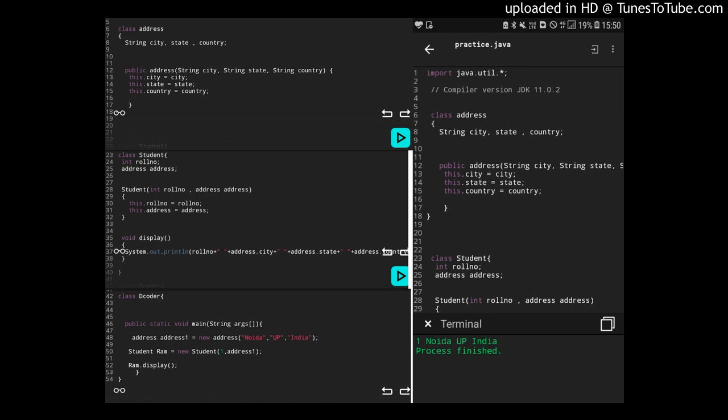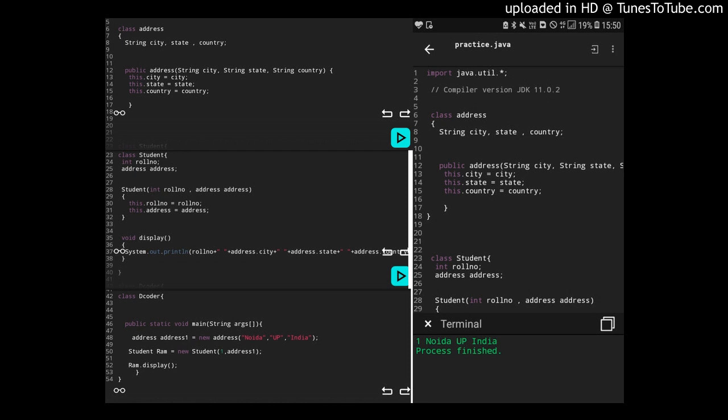Then we print roll number, append operator, inverted commas with a space between them, append operator, then address dot city, append operator, address dot state, append operator, address dot country, with inverted commas with a space in between these three instance variables of the address object.